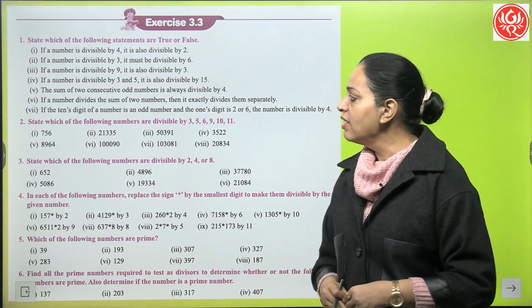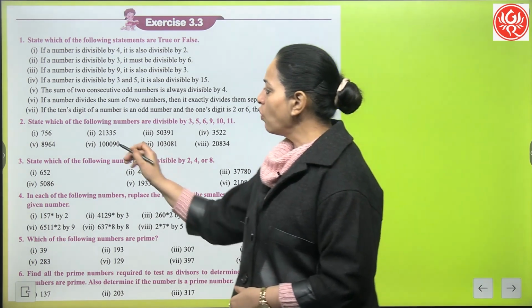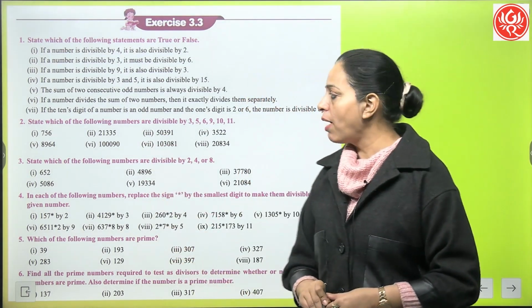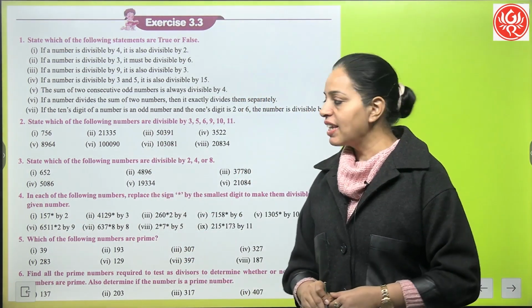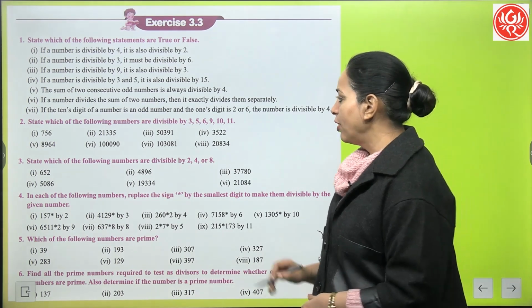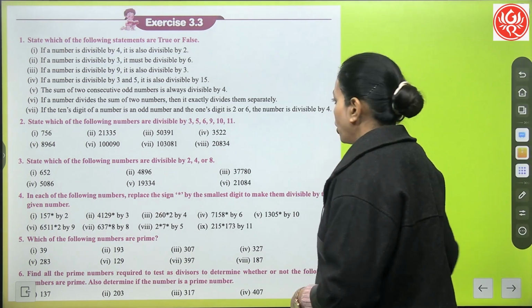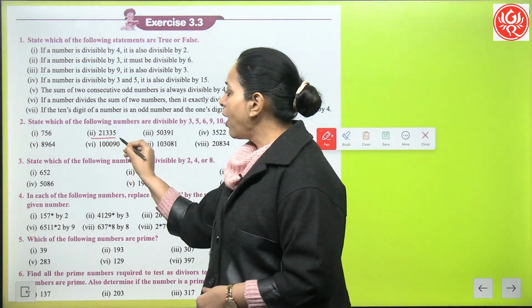You can try these ones. The second one: state which of the following numbers are divisible by 3, 5, 6, 9, 10 and 11. तो हमें वन बाय वन सबसे चेक करना है. Like the second part,